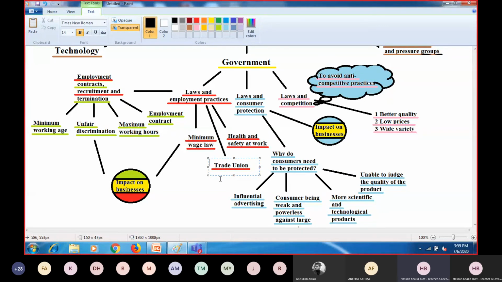Secondly, employers may not be able to reach the level of the workers where they can understand. For example, there are illiterate workers and they are not able to understand what the management is talking about. Or workers might feel that management always talks about whatever goes in their favor.